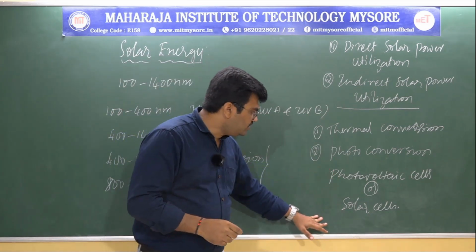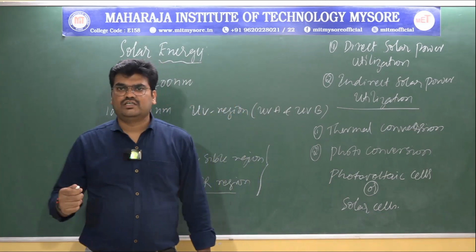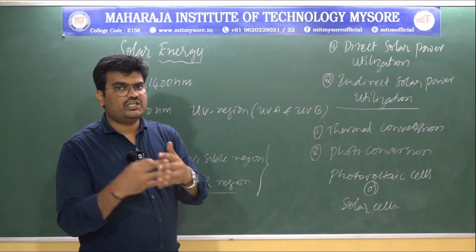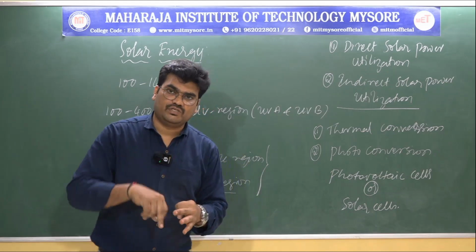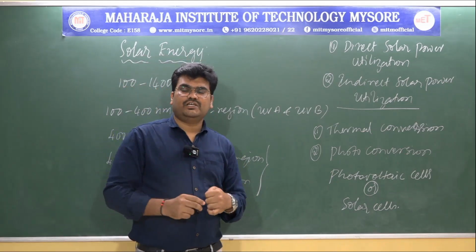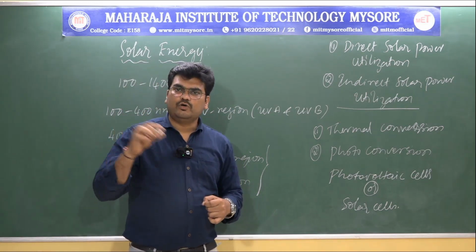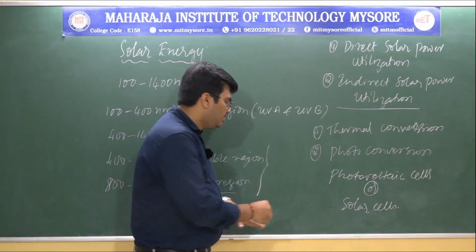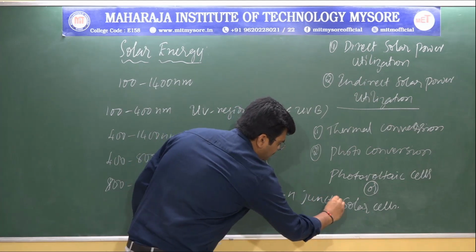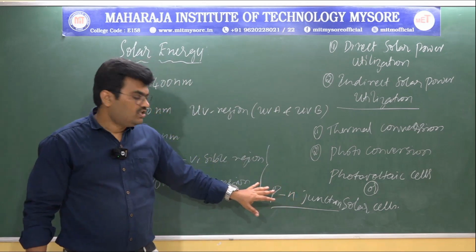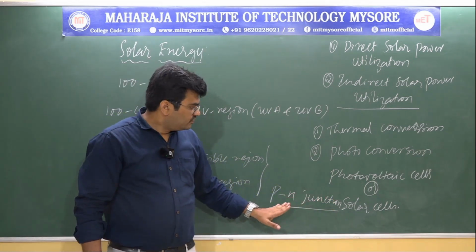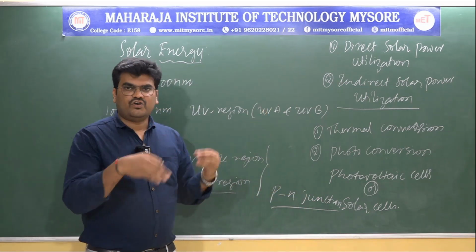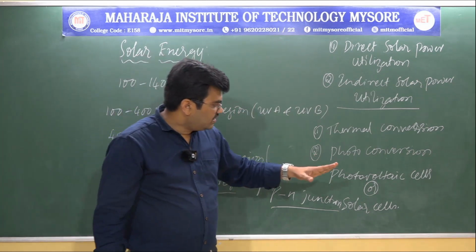So remember, in some electronic devices, in electronic fields and in solar cells, they require p-n junction diodes, right? A p-n junction diode means a combination of p-type as well as n-type semiconductors, which can be prepared by using various methods. One simple method is by doping one type of impurity into a semiconductor that already contains another type of impurity. In that way you can prepare p-n junction diodes, right? In some electronic applications we want p-n junction diodes. So this is the information. Why I told this: because photovoltaic cells are semiconductor devices. I hope you understand. So with this basic information, now let us go to understand the construction, working and applications